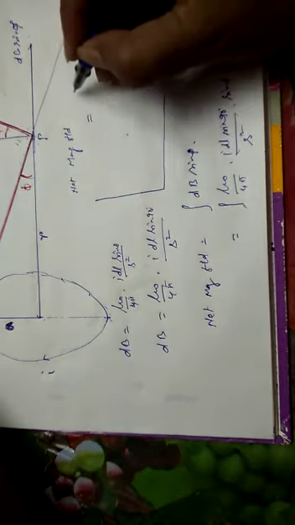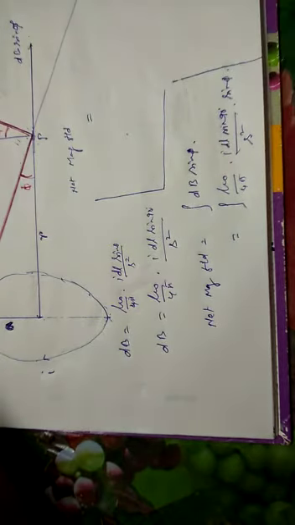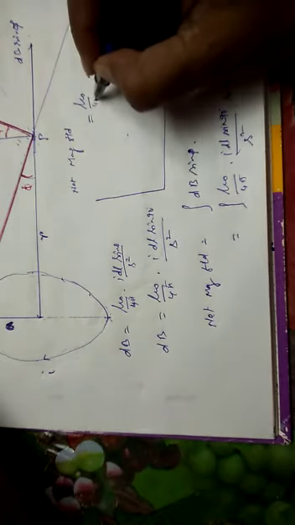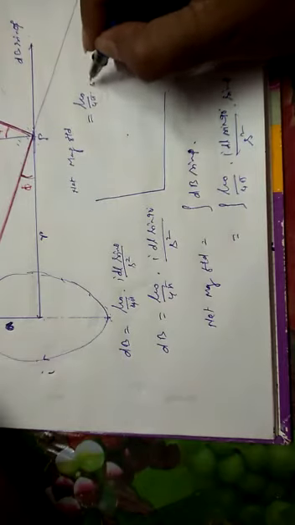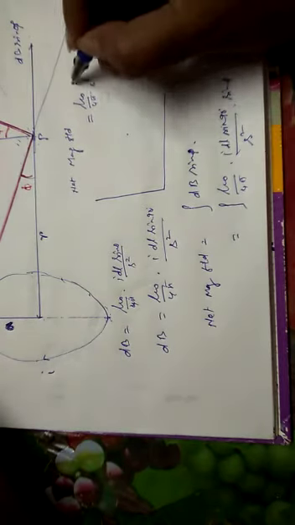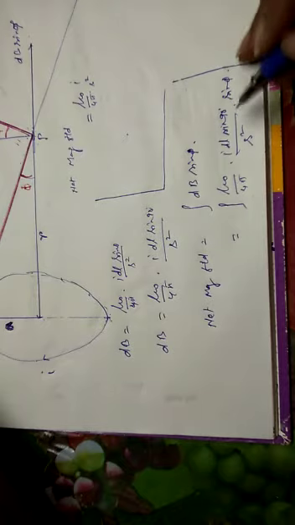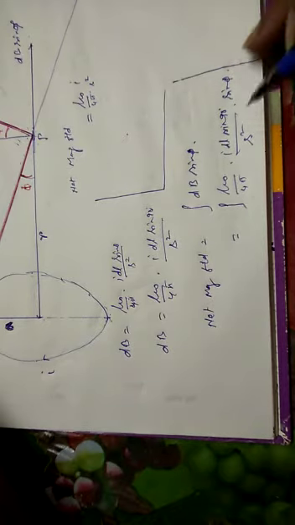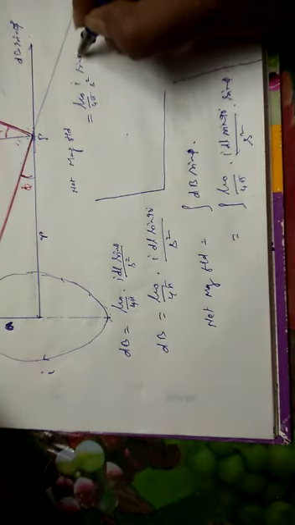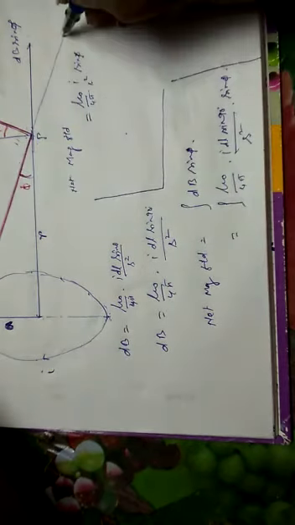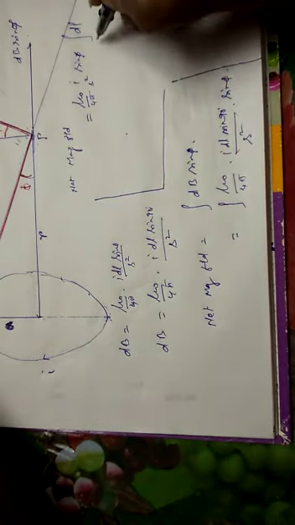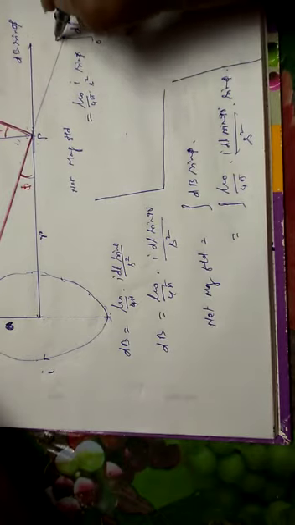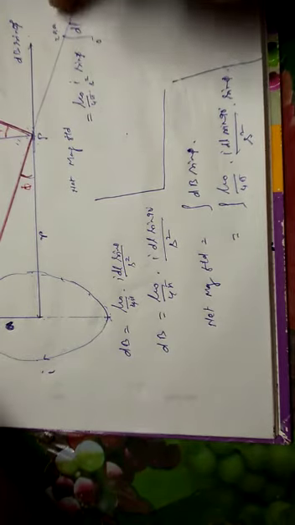is equal to, I am bringing all the constants out of the integration. Mu naught by 4 pi is a constant. S square is constant. I is constant. Sin 90 degree is 1, so I am not writing 1, and sin phi is also constant. This angle is not changing. So inside the integration sign only del L is left, and your limit will be 0 to 2 pi a. 2 pi a is the radius.